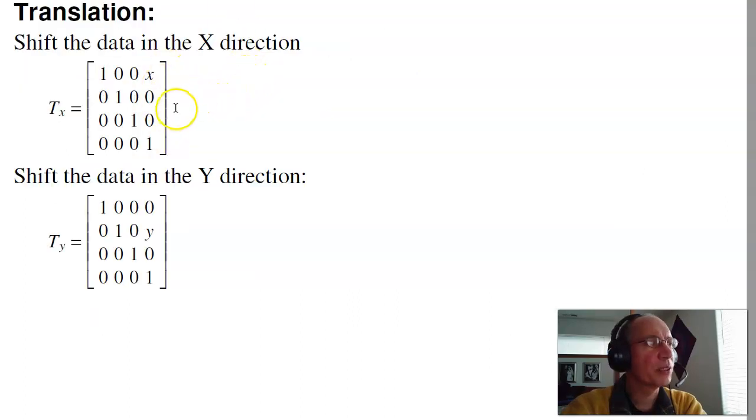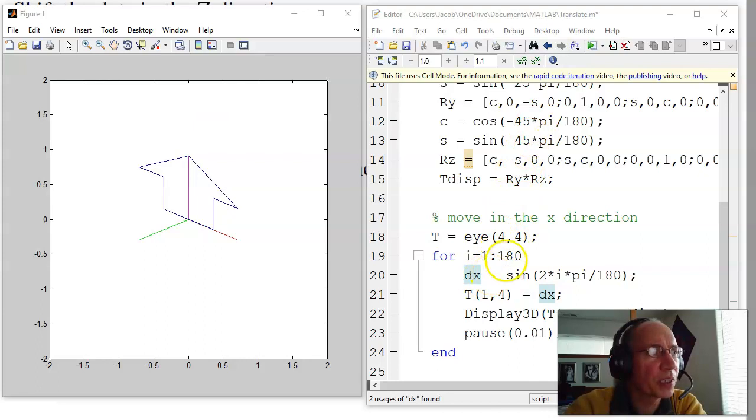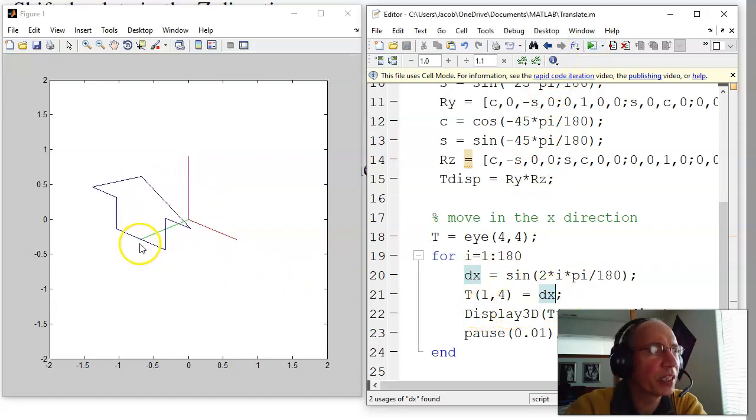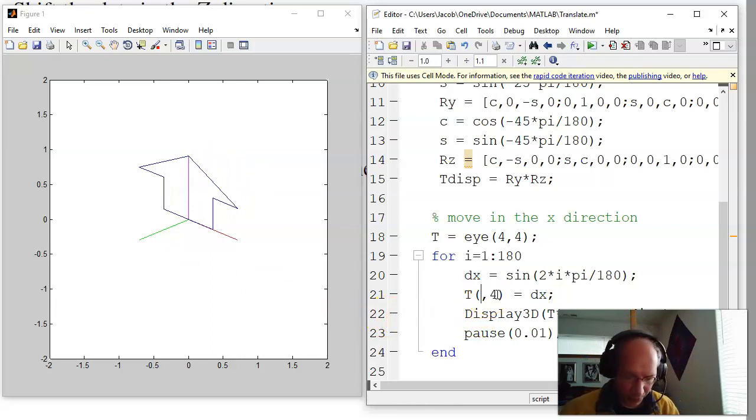If I want to move in the x direction, or y direction, or z direction, I just change these elements. And again, I can see that in MATLAB as follows. I'm going to have dx, that's my displacement in the x direction, go from -1 to +1 as a sine wave. If I then add that to element 1,4, that's a displacement in the x direction. Notice that the arrow, the shape stays the same, there is no rotation, just the displacement moves back and forth in the x direction. If I want to move in the y direction, change element 2,4,